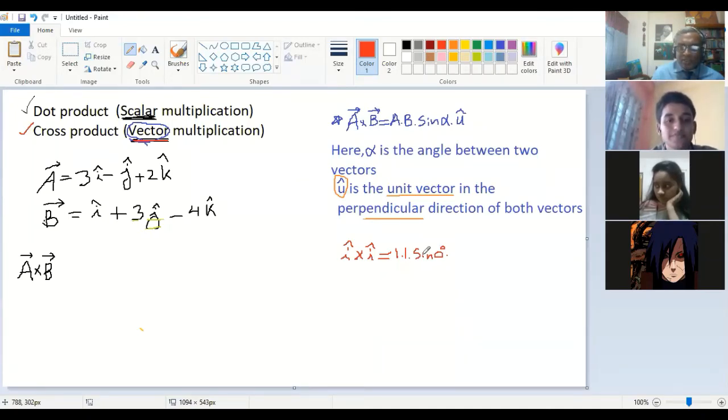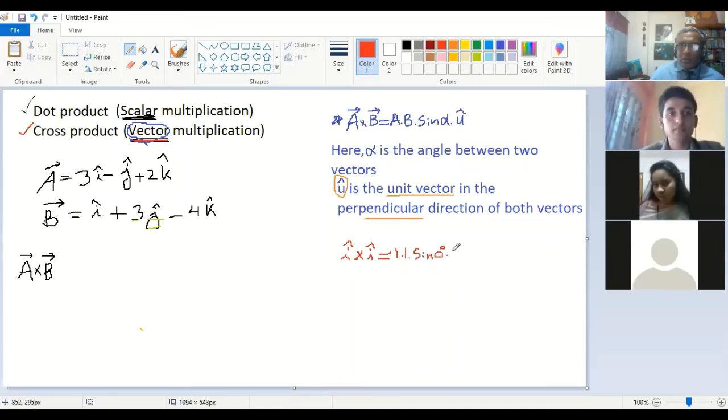This is the x-axis, right? What will be your u vector now? Is it j or is it k? Sir, k, 90 degrees with the x-axis. So maybe k. What about j? Is it not okay? If I write j, j is also okay. Correct. Good. So j is also correct in this case.